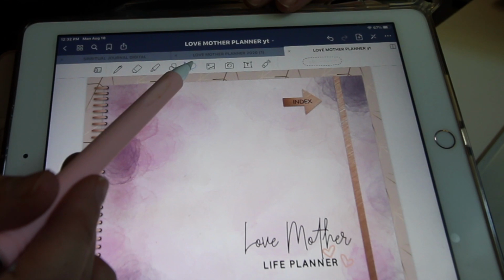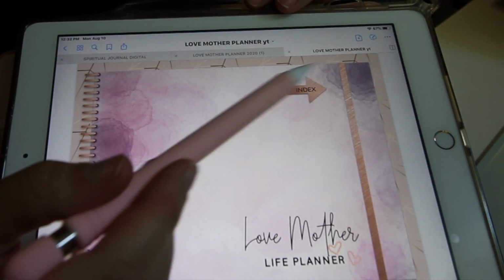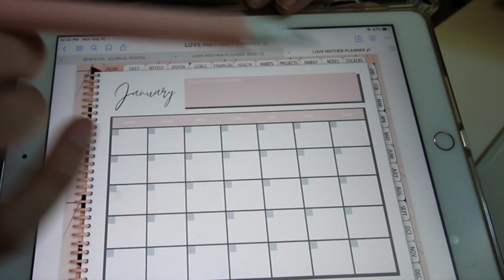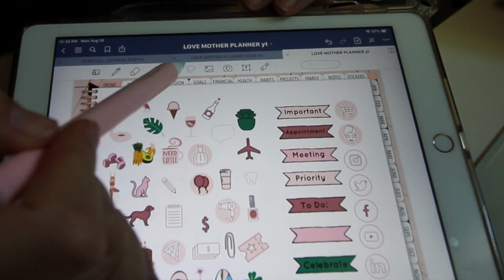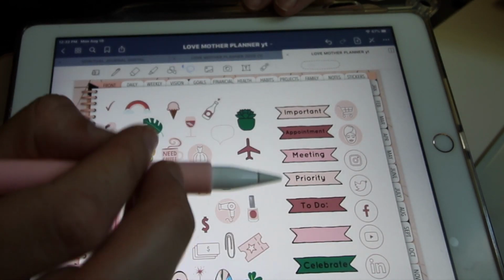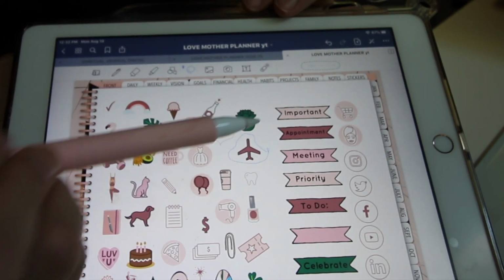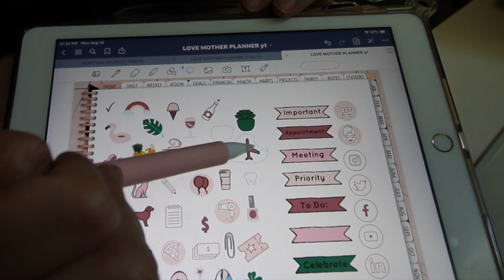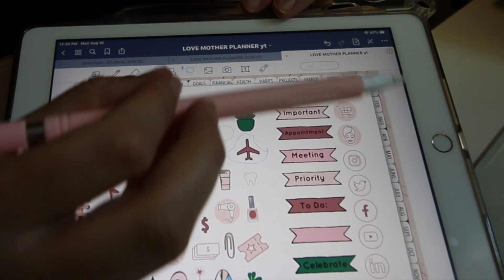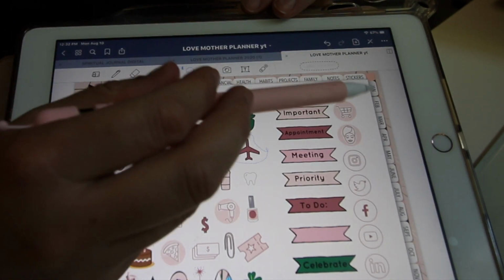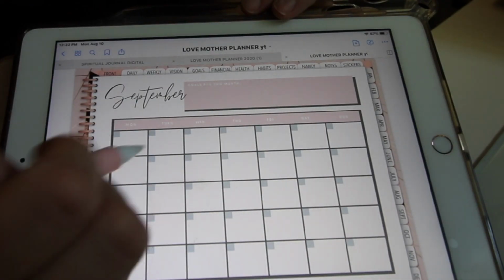So this lasso tool is mainly used for stickers. So let me just go off here by clicking that, and then I can access my sticker page here. So you would hit your pen tool again, hit your lasso tool, sorry, it was already selected, and say I was scheduling a flight. I can just go quickly around here, and you don't have to be super neat or anything. Hold it down, take the screenshot, hit the share button, copy, and then we're gonna go, say, to September. Oh, off the pen, sorry. September, and we're just gonna